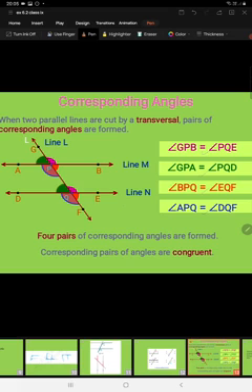See here, the pink angles, that is angle GPB, will be corresponding to angle PQE. Both angles will be equal. The pair of these corresponding angles are equal. And this green angle, labeled GPA, will be equal to angle PQD. Similarly, the red angles, angle BPQ and angle EQF, are equal. And the blue angles APQ and DQF are equal. So 4 pairs of corresponding angles are equal.